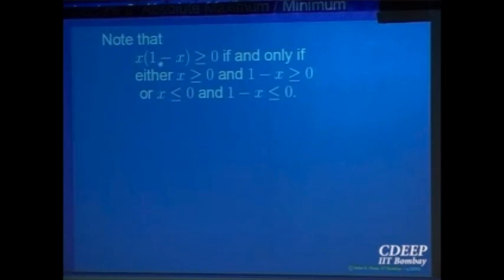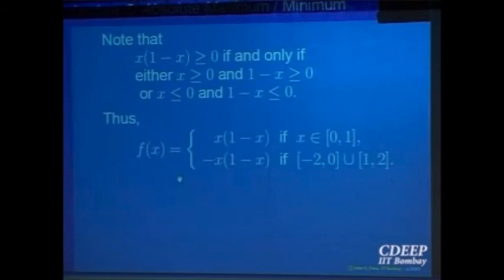So find out the regions where the quantity inside the absolute value, x into y minus x, is bigger than 0 and less than 0. So your function behaves differently; the formula is different. It comes out as x into 1 minus x if x is between 0 and 1, and everywhere else the function is given by this.